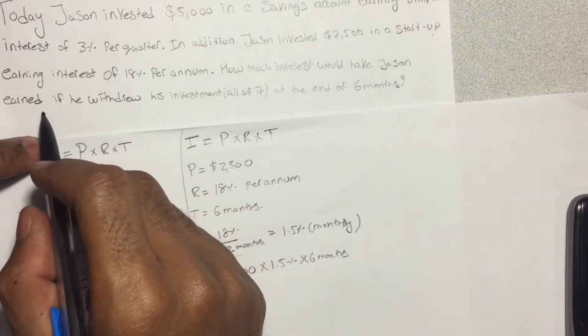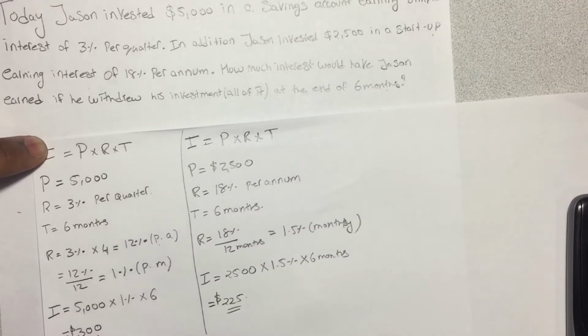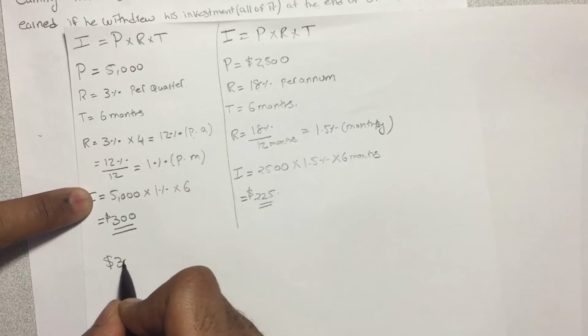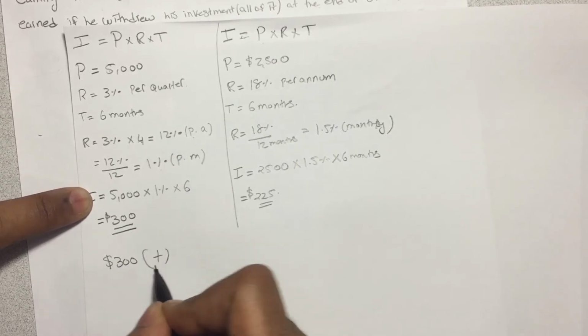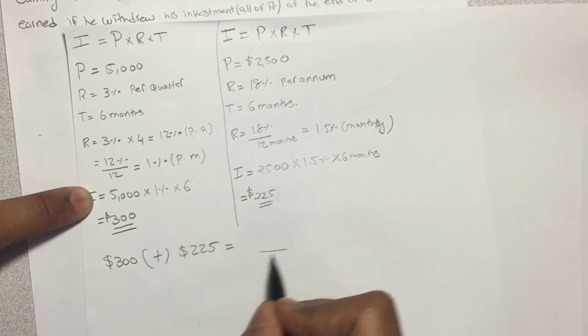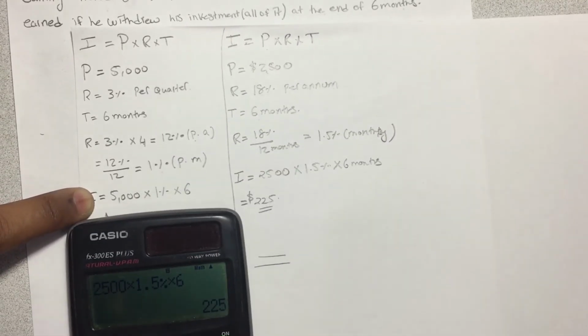Now they're asking how much interest he would have in total. So you take your interest from the first amount, from his first investment, which is $300, plus his second investment of $225, for a total of